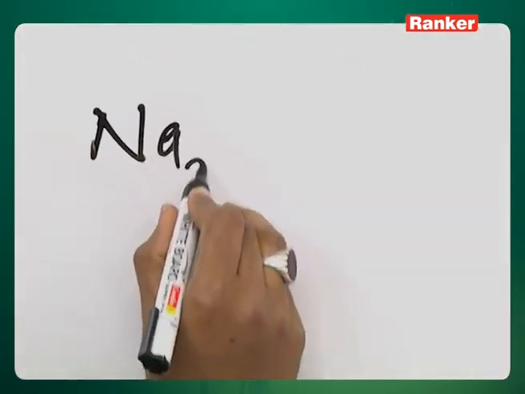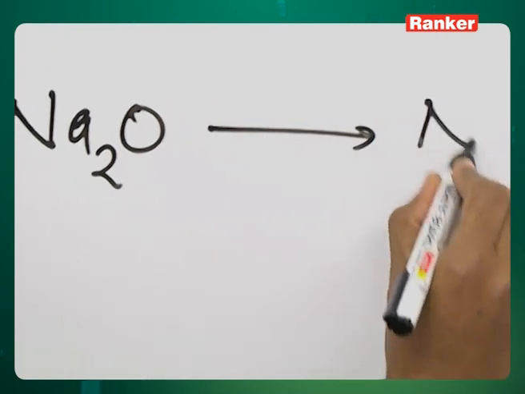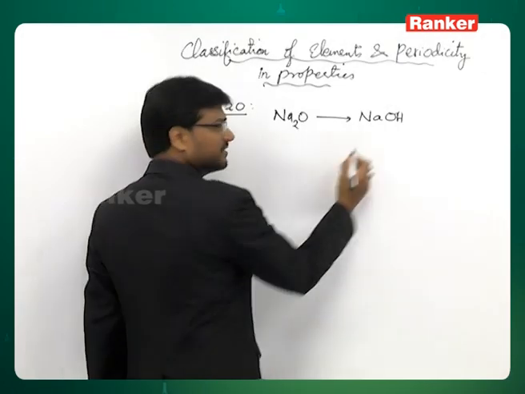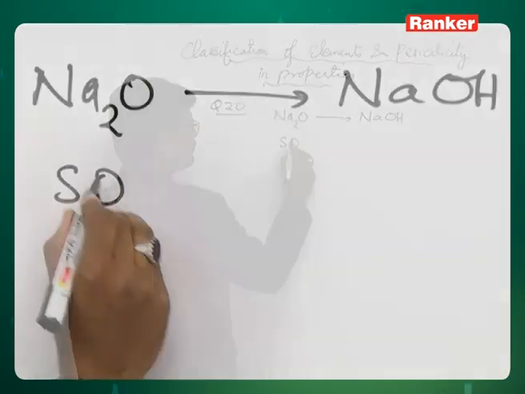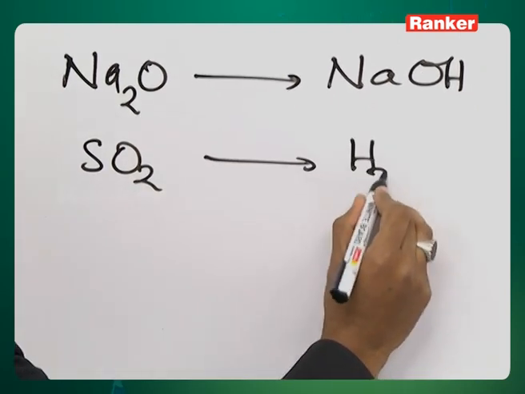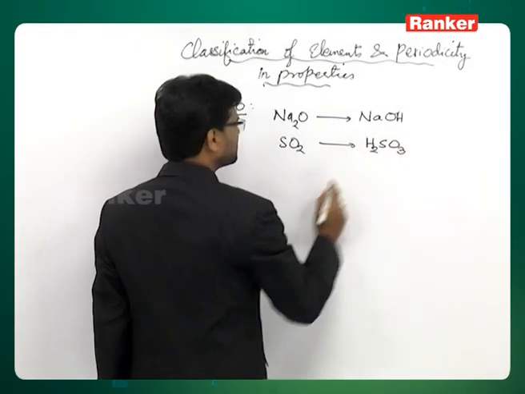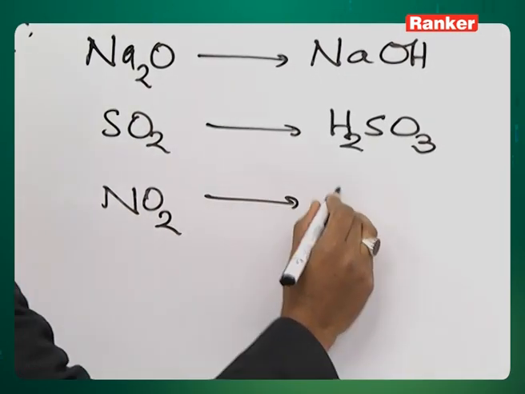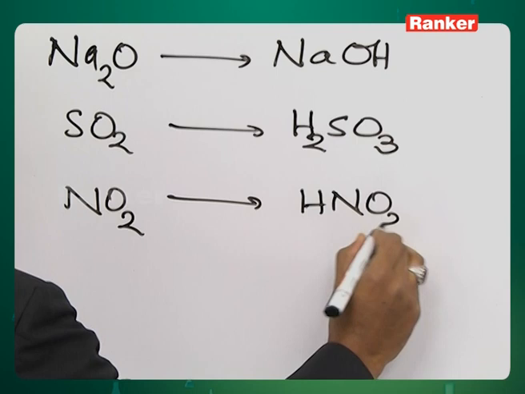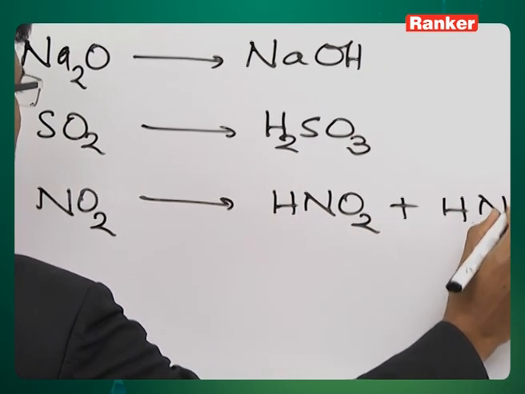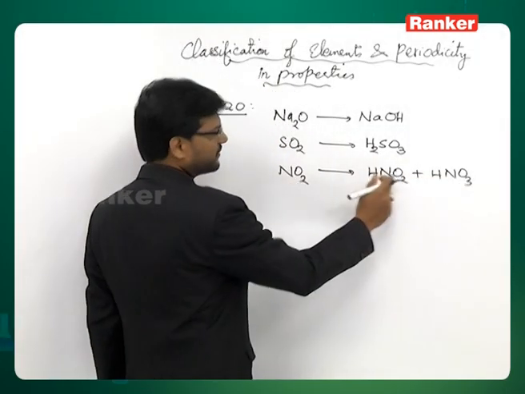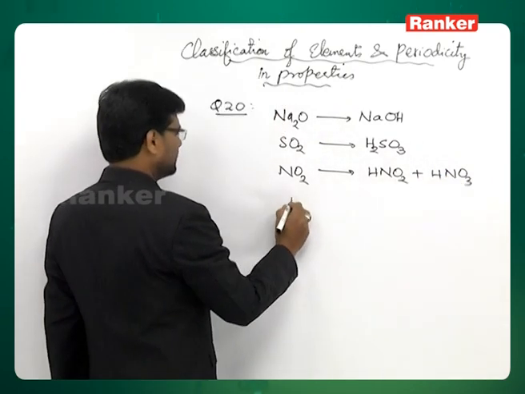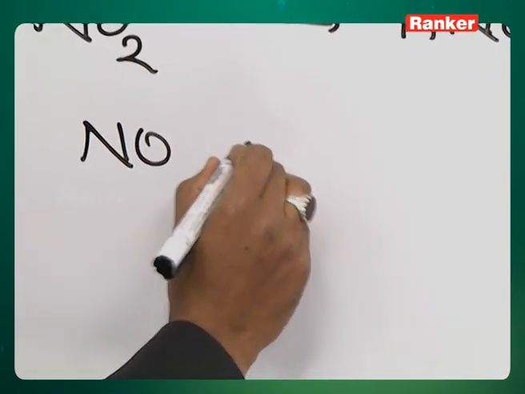When you dissolve Na2O in water, it will produce NaOH, as you know it. Second option, if you dissolve SO2 in water, you will get H2SO3, sulfurous acid. If you dissolve NO2 in water, you get a 1:1 mixture of HNO2 and HNO3. That means it is a mixed anhydride of nitrous acid and nitric acid, whereas NO